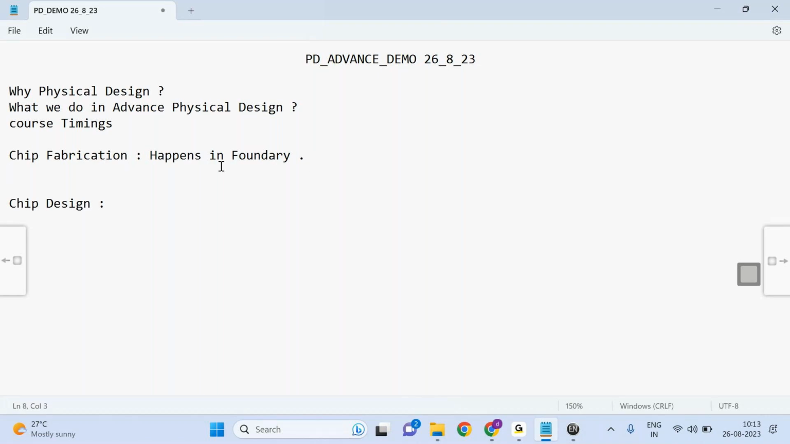This place I call the foundry, where the chip is fabricated, is very clean and neat. Even a small chalk dust, a small chalk powder of dust, will cover hundreds of transistors. It should be very clean, very neat, thousands of times cleaner than your ICU. So here the IC is fabricated, but chip design involves designing a